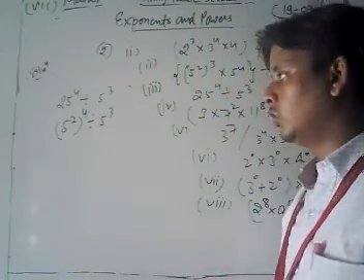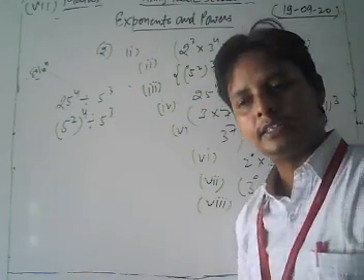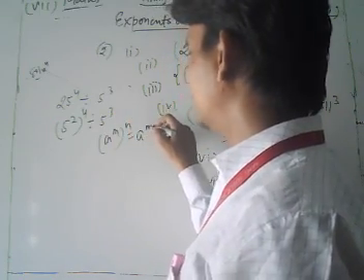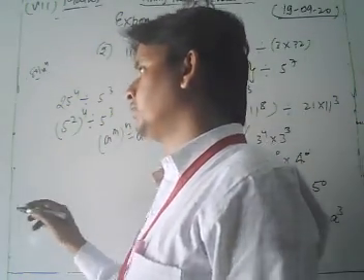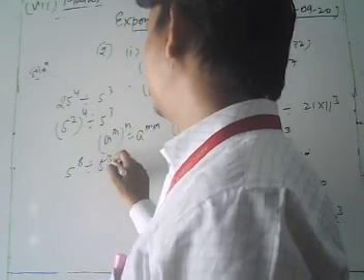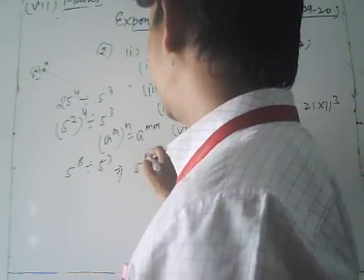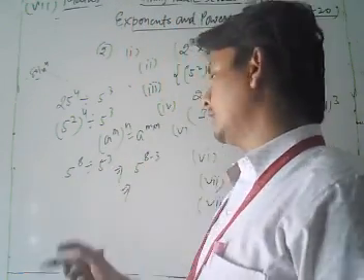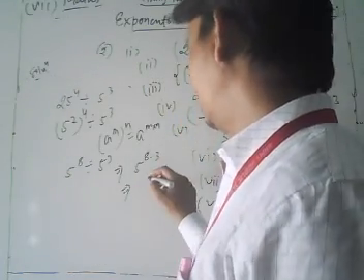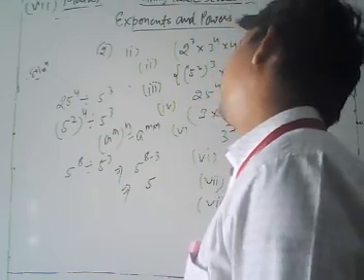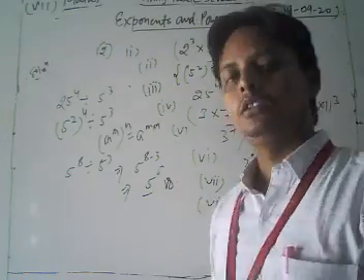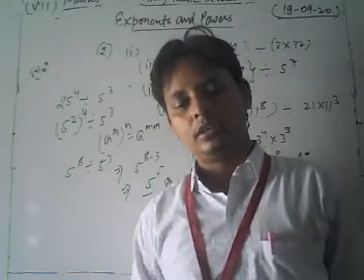Now what I do? Dear students, we know the laws of exponents as I just discussed. We multiply both the powers. So here we get 5 to the power 2 into 4 is 8 divided by 5 to the power 3. So we get 5 to the power 8 minus 3. So 8 minus 3, what do I get? 8 minus 3 means 5. So 5 to the power 5, this is our required answer. Thus, dear student, in this way you can solve all the questions of that part.